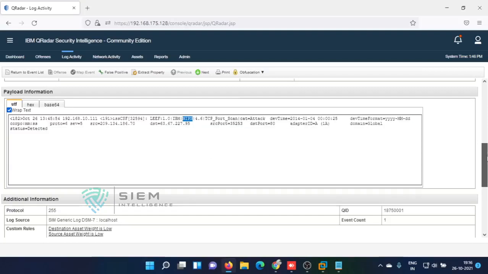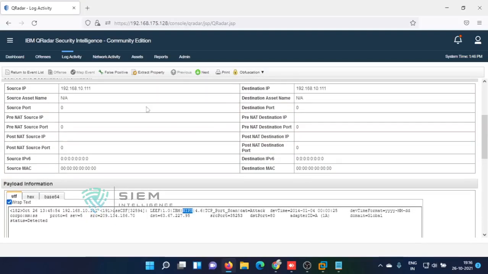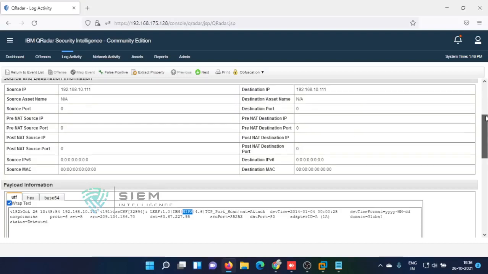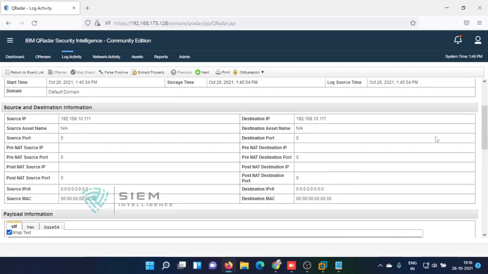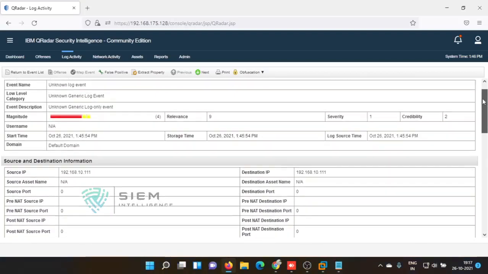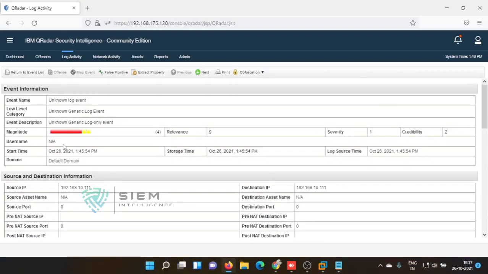First and foremost, we need to check what things we are getting. These are the basic properties: source IP, source name, asset, port, which you are going to pick from this data. Other than these, you are going to pick up one more thing, that is users, and if there is one, you can see the username. This is the basic information that you are going to get.